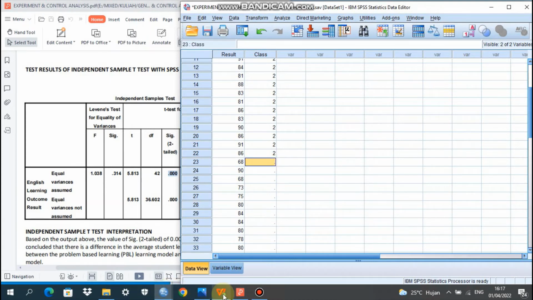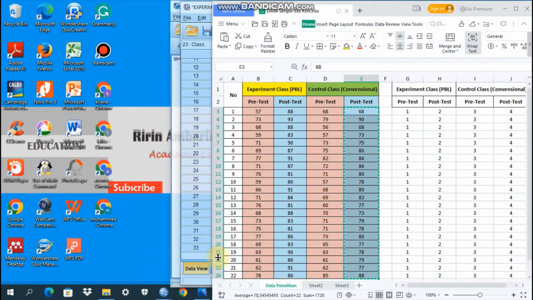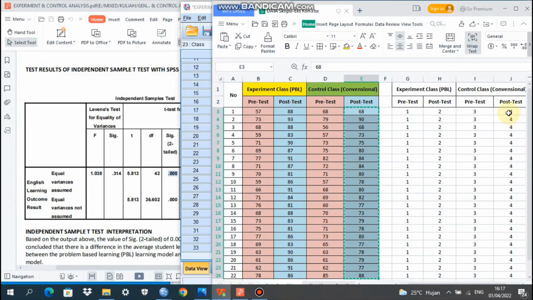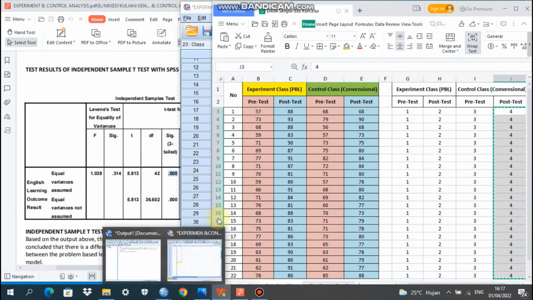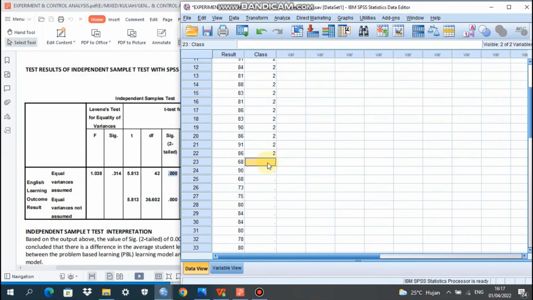And then we are back to Excel data. We copy the code for post-test control class for the conventional model. We copy and we are back to SPSS. We fill it here, the code, paste here.